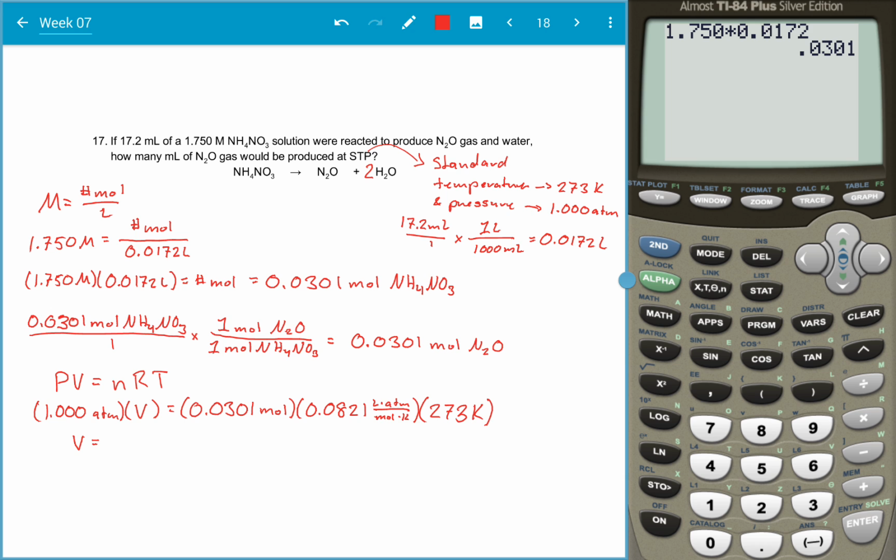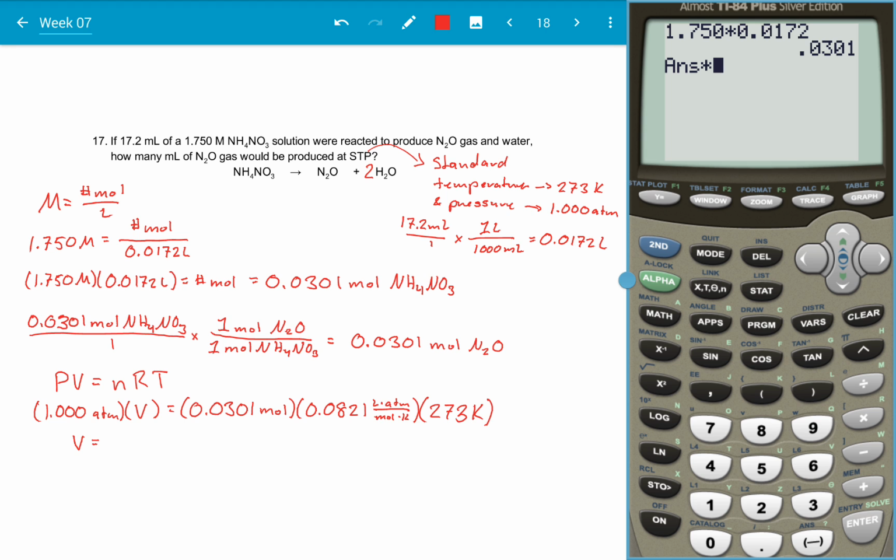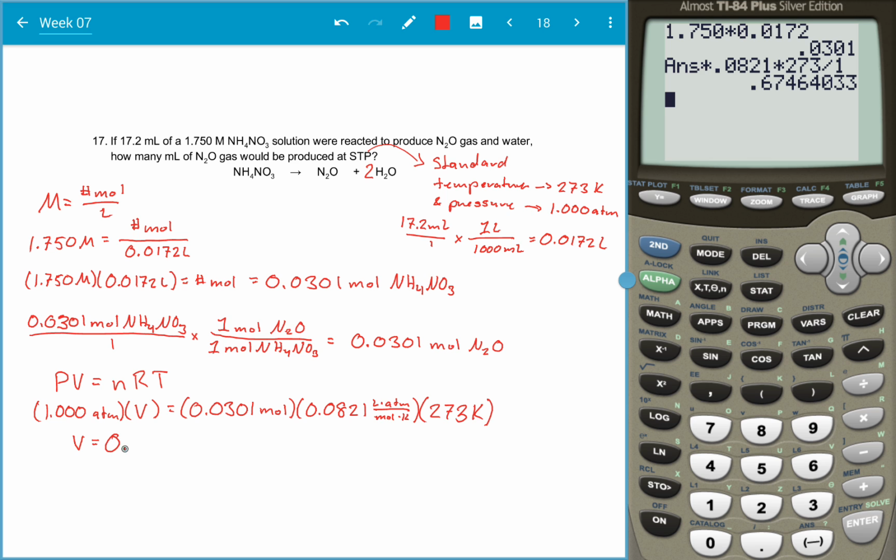So I'm going to take my number of moles times 0.0821 times 273, and I could go through and divide by 1 just for completeness' sake. But we end up with a volume of